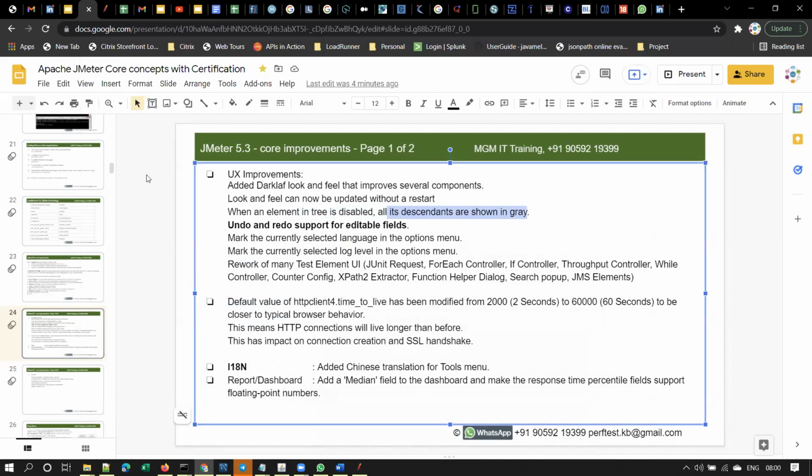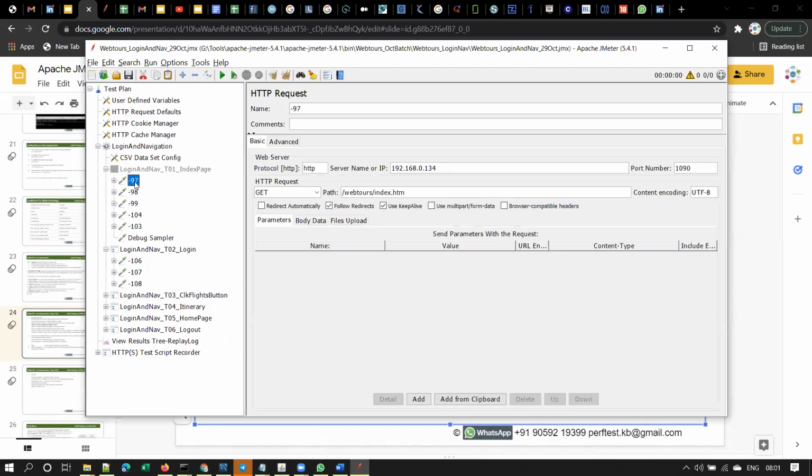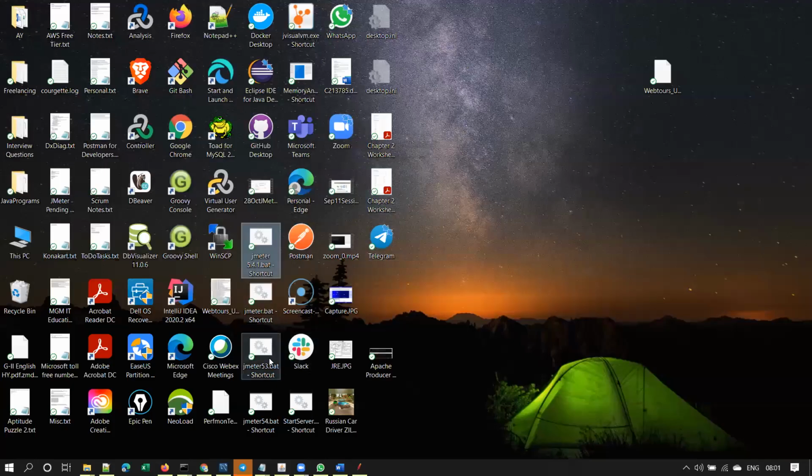Let me show you that. Suppose I am disabling this element by using Control T, right? Descendants means these. Okay, so I think they reverted this change actually. That is applicable only in 5.3. Hold on, I'll show you that in 5.3.